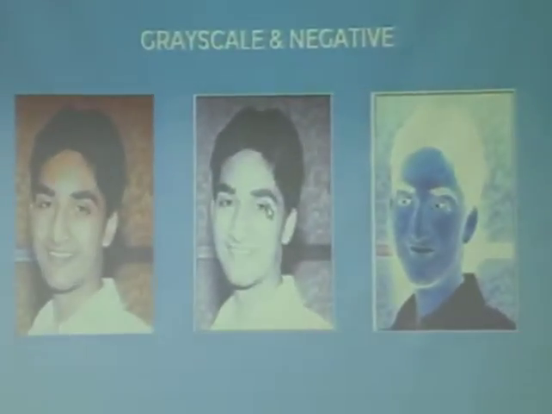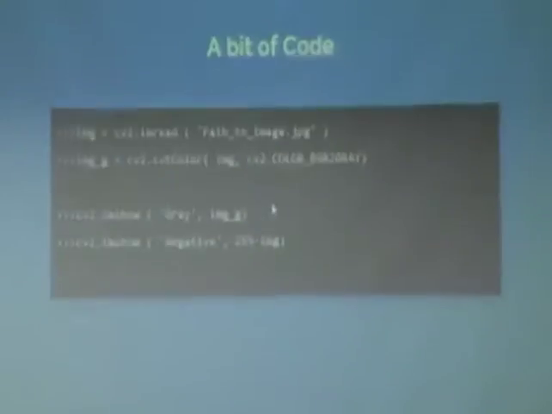So now this was a color image which I used, and I converted it to a grayscale and a negative. These are two really basic operations. You can find them in any image processing app that you might be using: Instagram, PicsArt, or whatever. I really don't use those. I'm not an avid photographer. So let's see what I actually did.